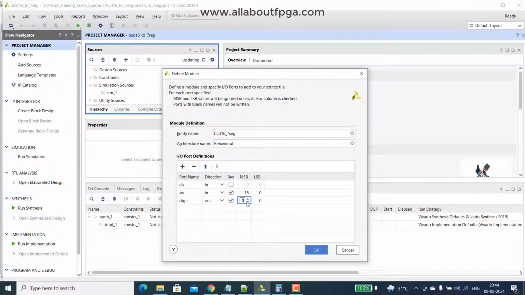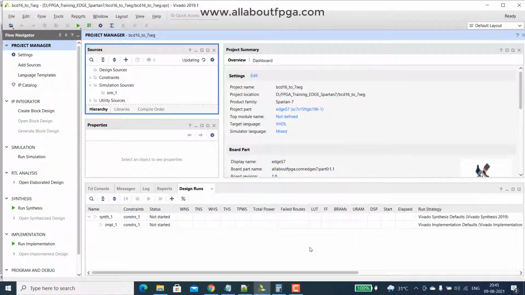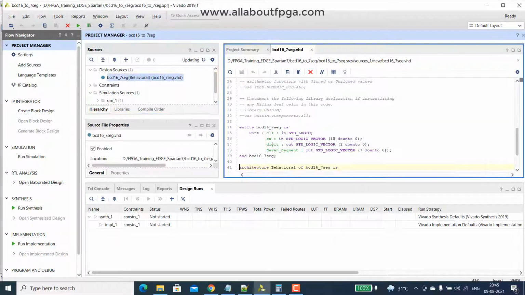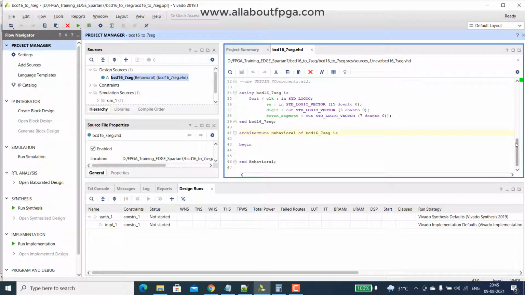We have 4 digits, so 3 down to 0, and again the 7 segment port, 1 underscore segment, 7 down to 0. Okay, fine. So the input and output ports have been added.